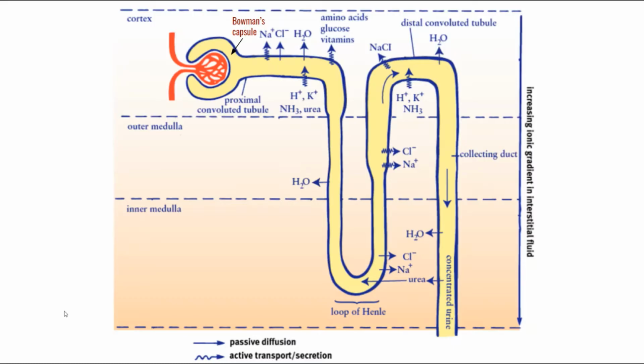The filtrate then moves from the Bowman's capsule to the proximal convoluted tubule, where two things happen: secretion and reabsorption. There is secretion of HUNC, an acronym that stands for H+, urea, nitrogenous compounds such as ammonia, and potassium ions. Additionally, glucose, amino acids, and vitamins are entirely reabsorbed here, while salt and water are reabsorbed here and at other